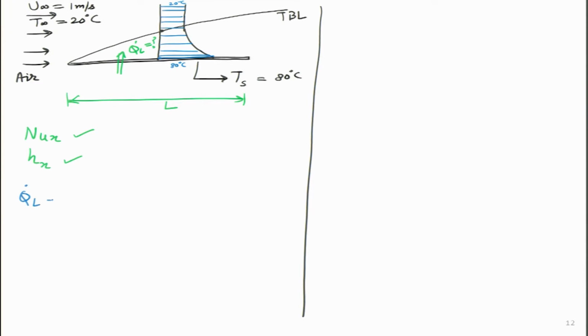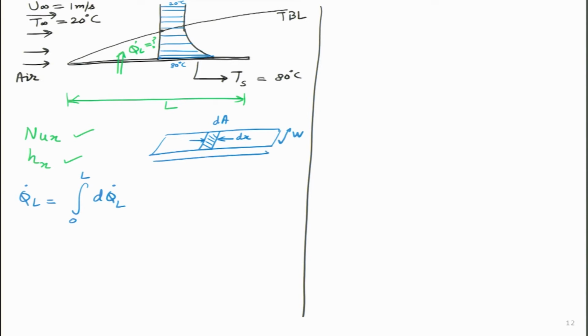I will have to do some simple integration. I will say Q dot L is simply the integral of dQ dot for the particular length L. So what I am going to do is assume, if I draw it in 2 dimensions, the plate, that at this particular point, this area I am taking as dA, having the small differential element dx, the width of the plate is W, overall length is L, and this small dQ dot I am taking as how much convective heat is going out from here.